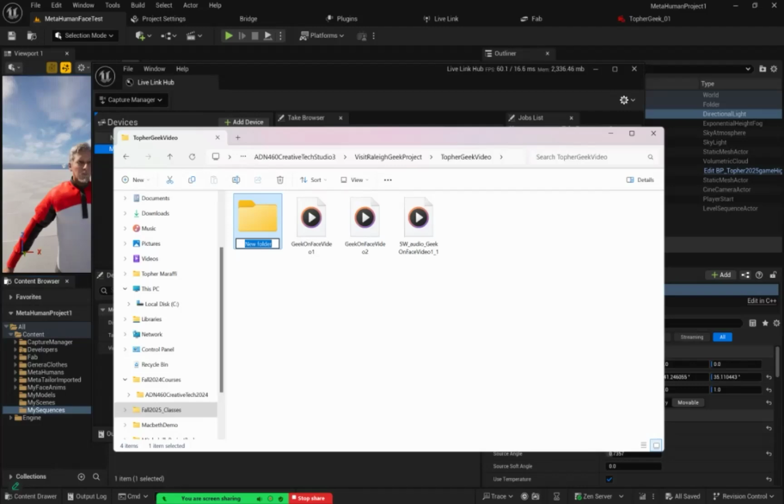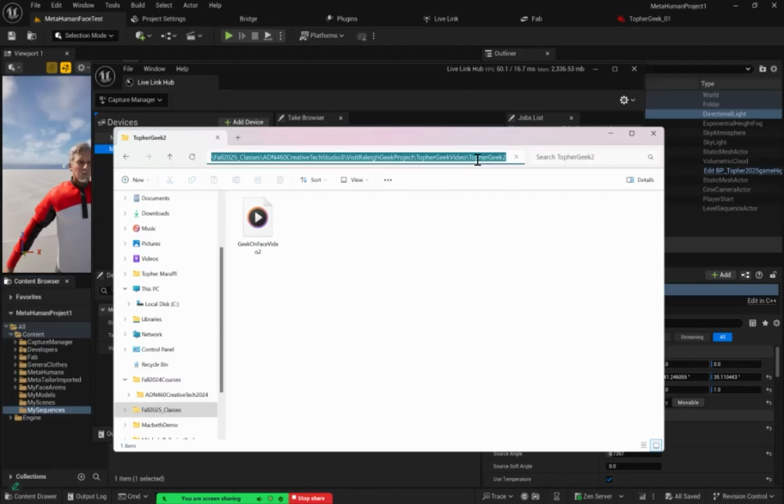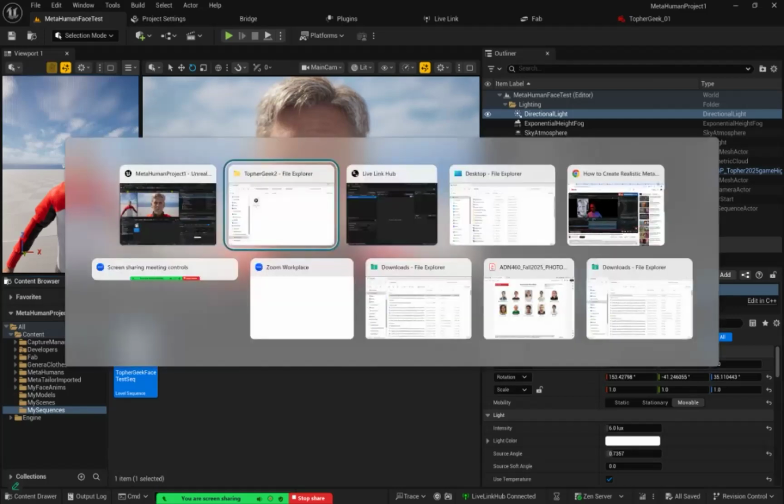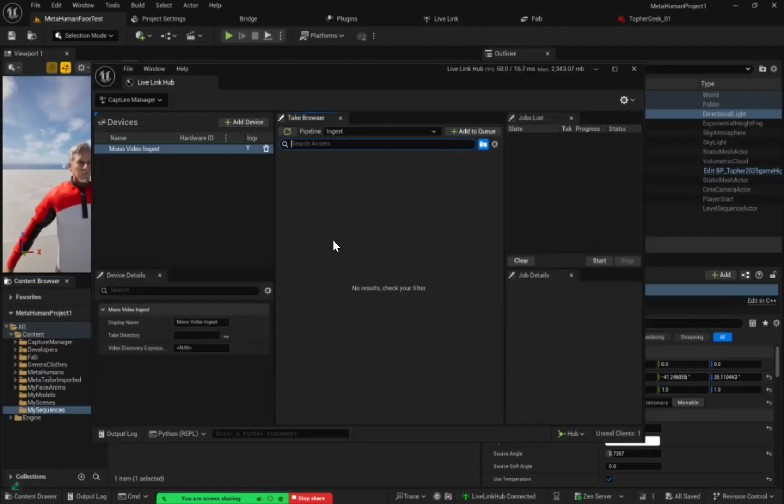And I'll just call it Topher Geek 2 and bring this second one into here so that I'm going to have just that video in there. And then I'm going to come up to the top and click on the pathway and Control C copy it. So I'm copying the pathway to where that video is. And then I'll go back into Unreal Engine